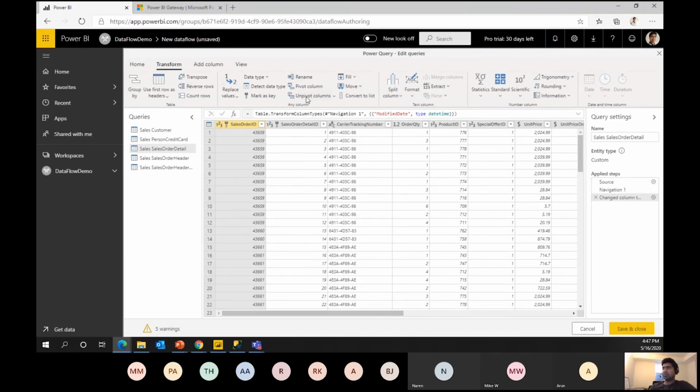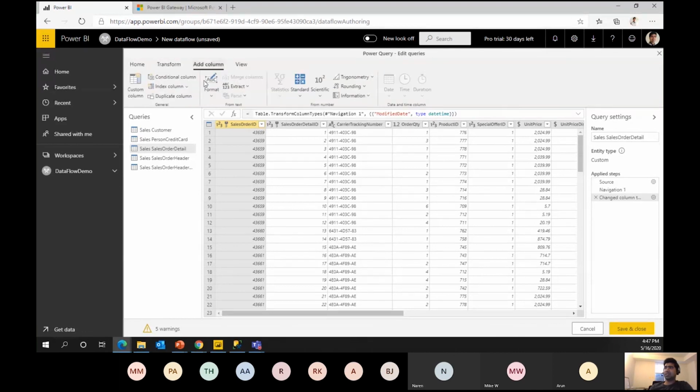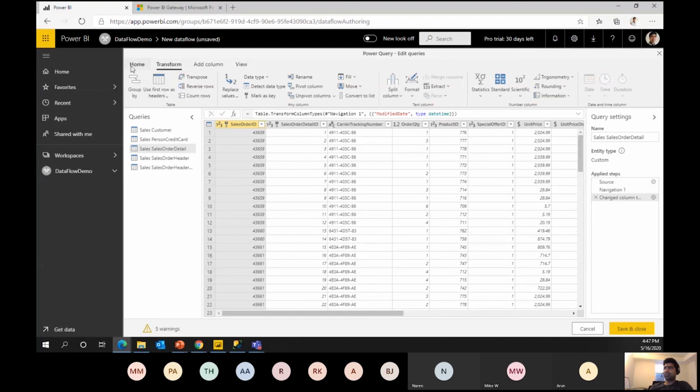Now you can perform any of these operations that you see here. You can go for adding a column, and then you can go to advanced data that I showed you in Power BI. Any operation, use first row as header. All these are transformations that you can perform directly on your data source. That's why, when you're dealing with maybe terabytes of data, if you are performing these operations on Power BI service directly, you cannot, because there's a limitation. Even if you are using analysis services and you want to do transformations, you can't do it.